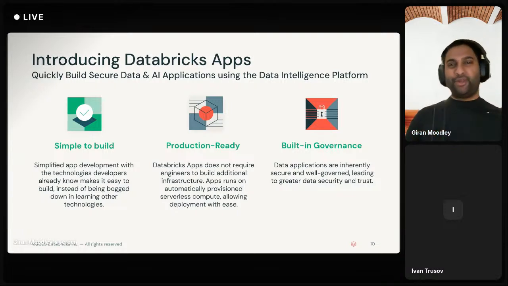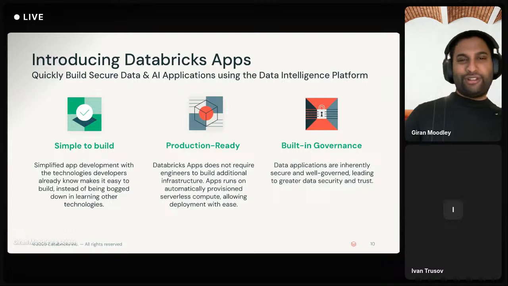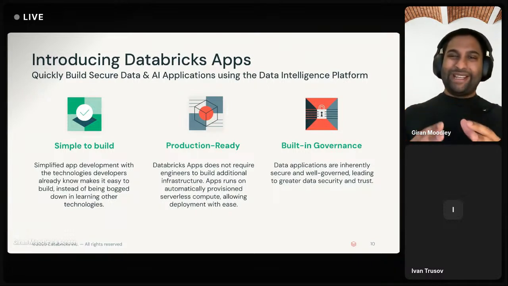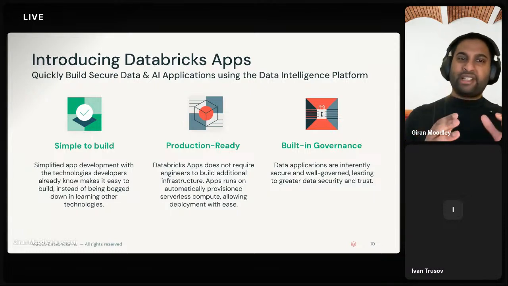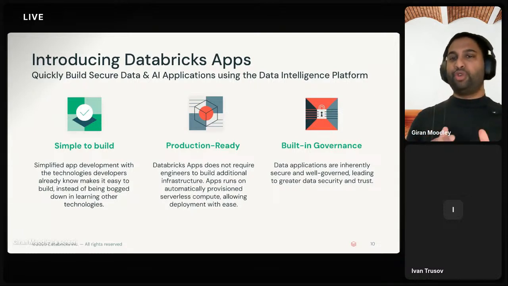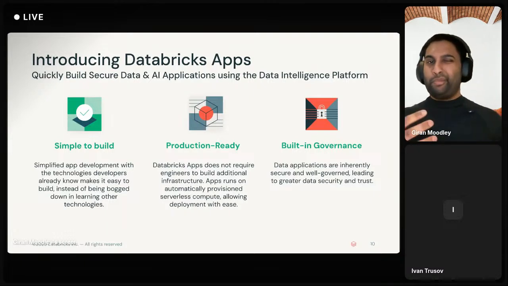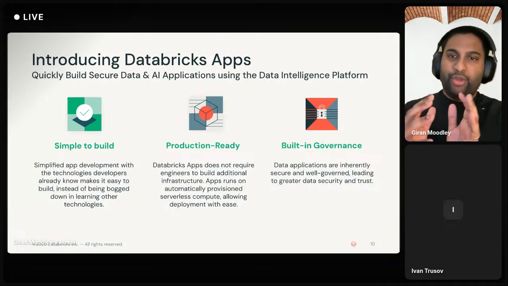There must be a better way to do this, and there is with Databricks Apps. Databricks Apps is a new product that allows almost anybody in the organization to build and deploy a data and AI application on our intelligence platform. We've greatly simplified the user experience by empowering users to build applications using tools and technologies that are open and familiar to use. Rather than be boxed in with a new proprietary technology, we can now accelerate users with frameworks